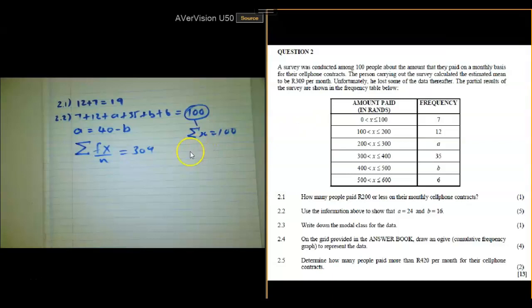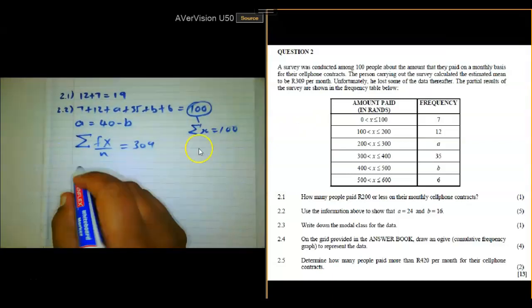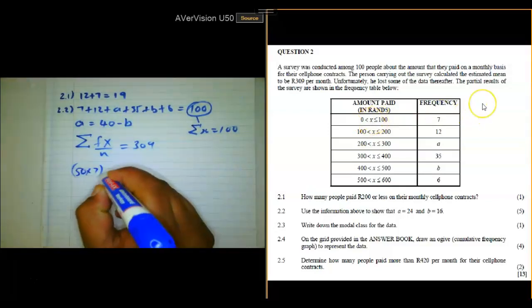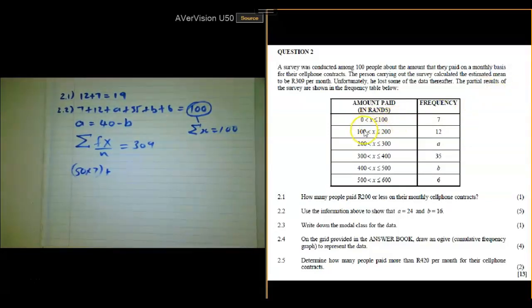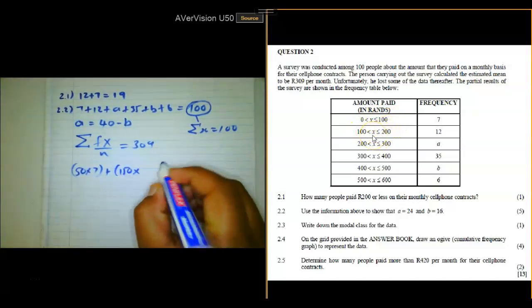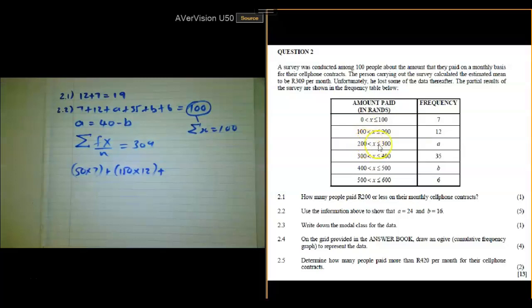Let's simplify. If we look at our first interval, it is 0 to 100, so the midpoint there would be 50. That will be 50 times 7. Then I add the next one. The midpoint of 100 and 200 is 150, so that's 150 times 12. Then for 200 and 300, the midpoint is 250, so that will be 250 times